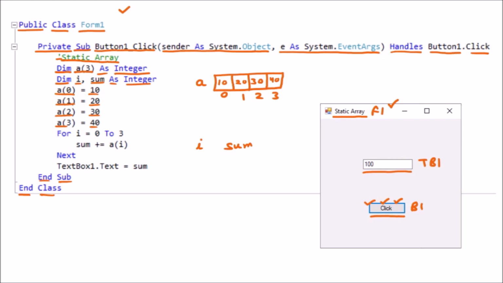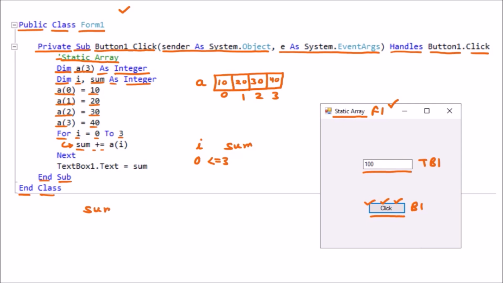Then afterward we have a for loop for I equal to 0 to 3. So that means I will start from 0 and it will be going till 3. That means the condition is less than or equal to 3. Now here at the time the value of I is 0, so it will come inside, no problem. And here sum += A(I).